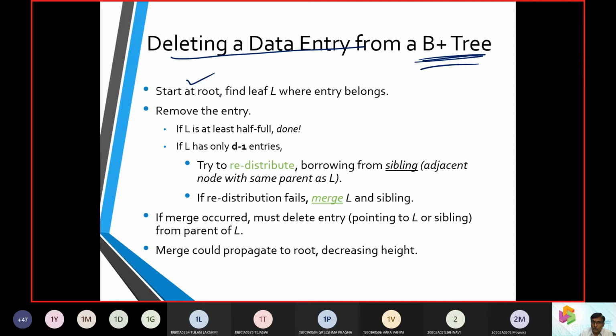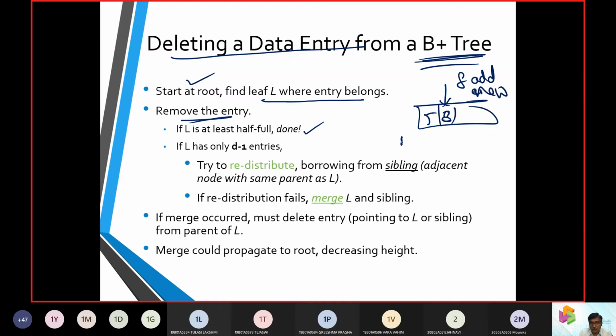Start from the root, of course. Then whatever item we need to delete, that item you have to select. Before we remove it, if it is not harming anything, just now we mentioned 5, 3, suppose 5, 8 is there. So 8 is newly added, and the tree was not split. Nothing has happened. Similarly, if I remove 8 also, there is no change in the tree. So we say it is half full, and everything goes well.